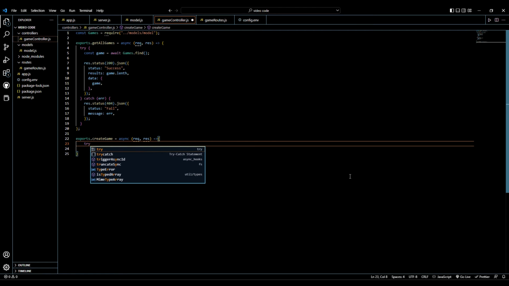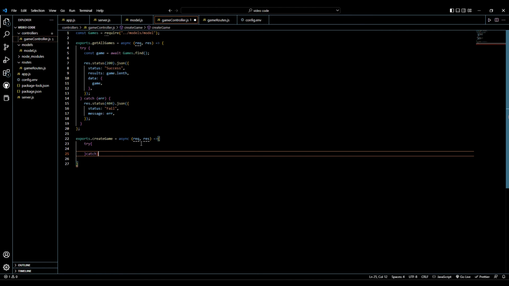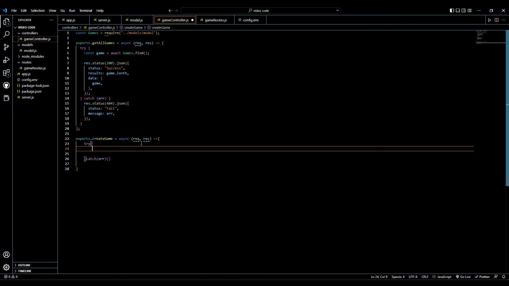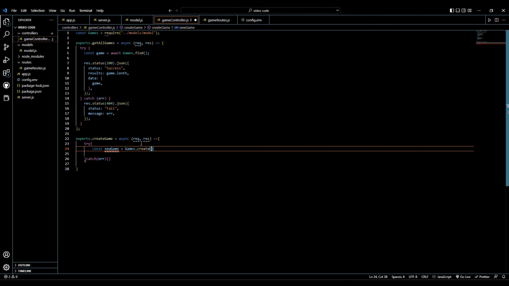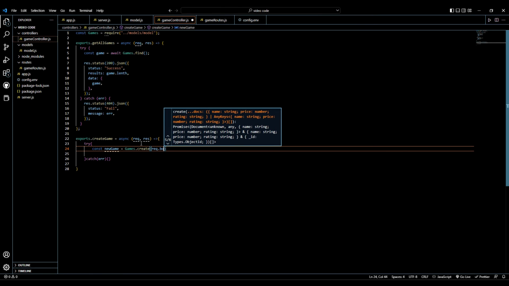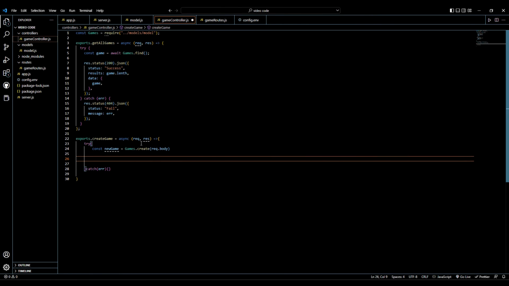And then we're going to say try, give it the catch, pass error. And the first thing we're going to do that's different is this variable is going to be called newGame, and we're going to say equals Games.create(req.body), and we're going to say res.status